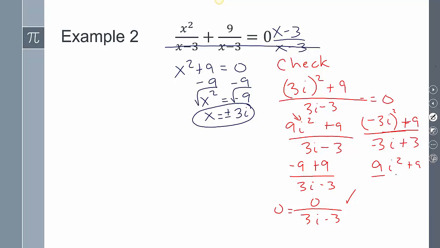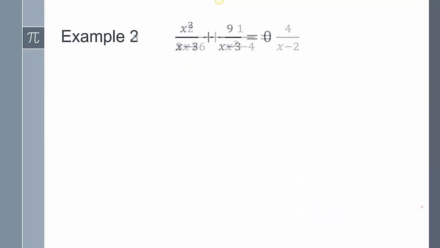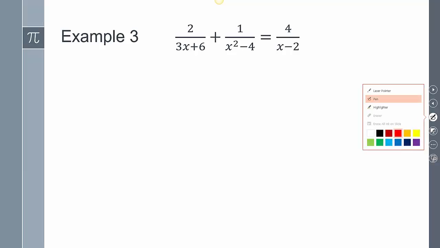Now if we look at that, this is turning out to be the same thing as that statement there, and so you can conclude that that's also going to be 0, and so that works, because you end up getting 0 equals 0. Example number 3,